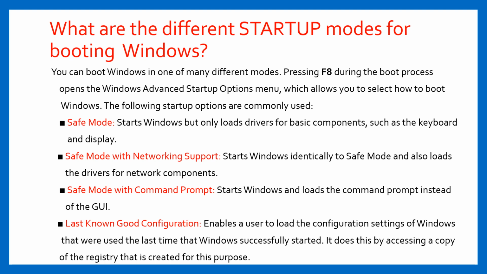Next question, what are the different startup modes for booting Windows? So whenever you want to boot Windows, there are several methods or several ways in which you can boot Windows. And one of the simplest ways is to press F8 during the booting process. It will open the Windows Advanced Startup option menu, and this will allow you to select how you want to